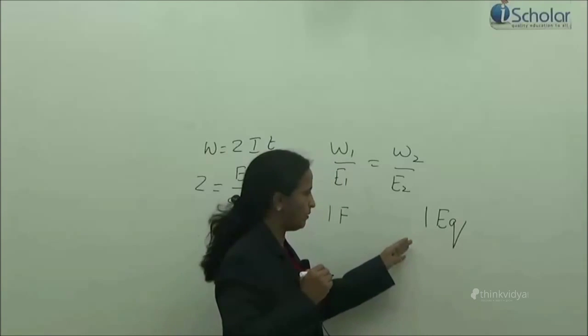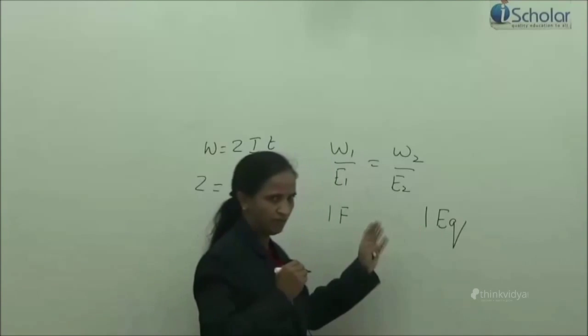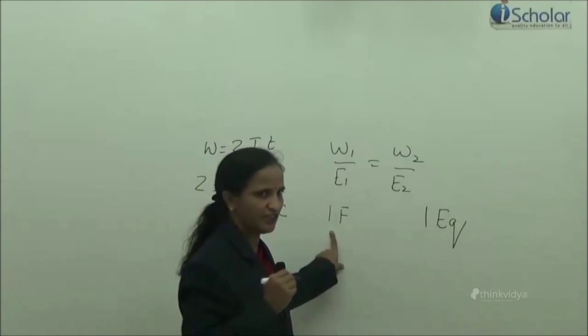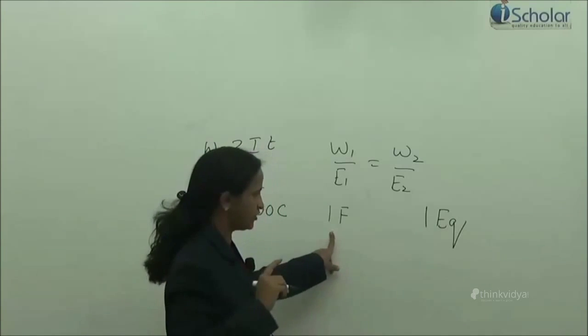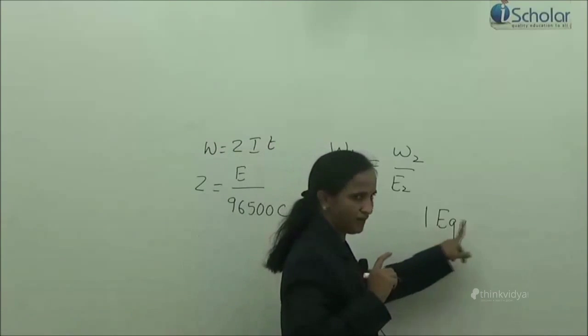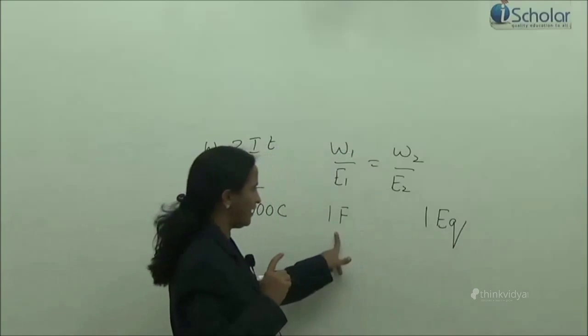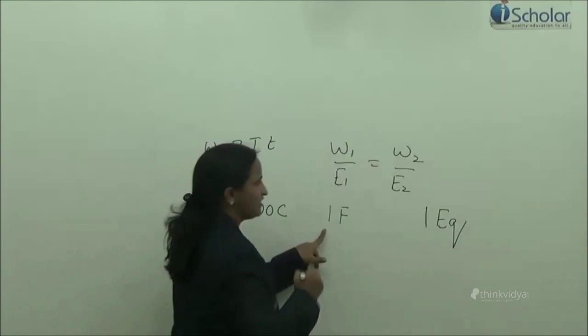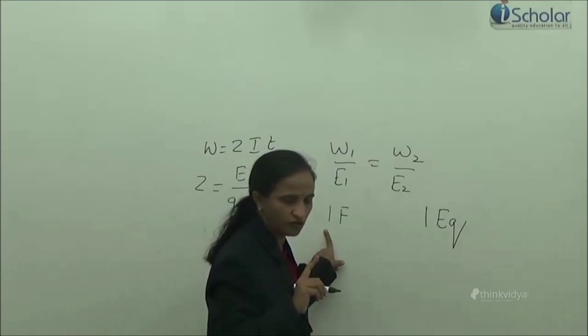Anyway, let us see in the problem working how I can apply this. Let me repeat, whenever 1 Faraday of electricity is passed through any electrolytic solution, it gives me one equivalent of the substance. Of course, 1 Faraday is equal to the charge on 1 mole of electrons,